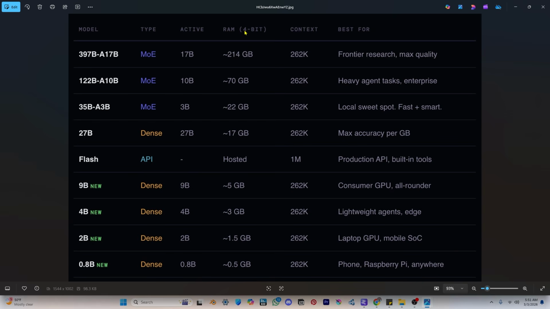It is using the 4-bit variant of all these models to compare and make this table to show what each is best for. So the 9 billion model, dense one, 262K context window, is good for any consumer GPU, all around rounder. And if you have more GPU memory, maybe 24 GB, then you can also use this 27 billion model,